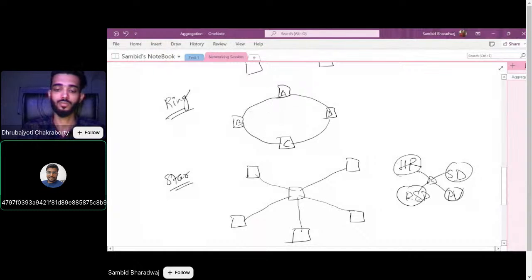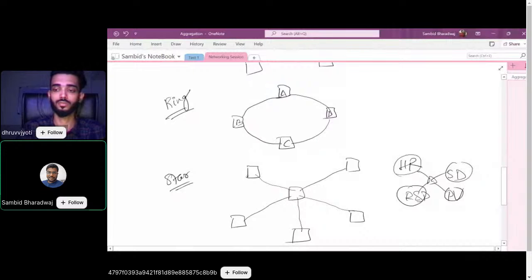If it has to communicate to B or D, it can communicate directly. It can send the traffic, request some amount of data, B can respond back, and things can happen. But to communicate to C, it needs to ask B to please forward these data packets to C so that it can get a response. And now C will decide whether it sends the traffic back through B to A, or it can choose the other way around also. So data flow can be either this way or this way. But what happens in